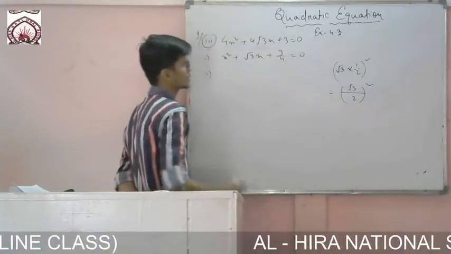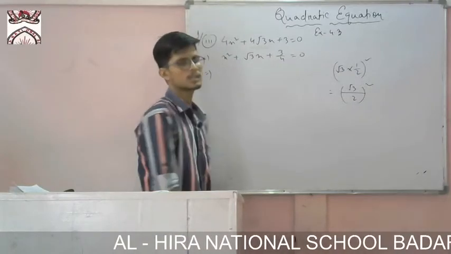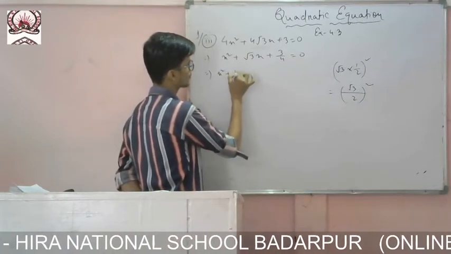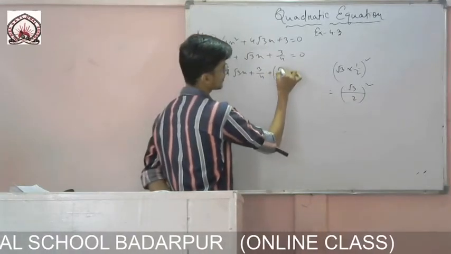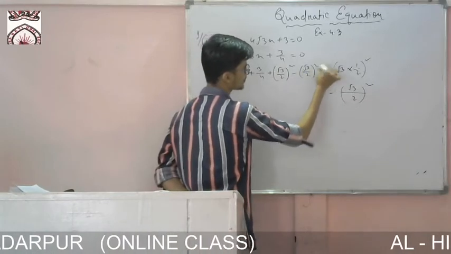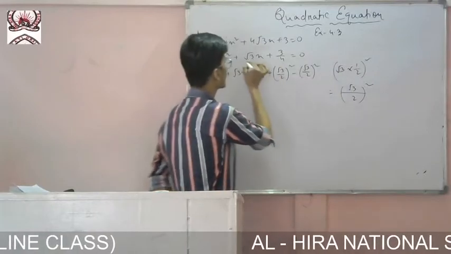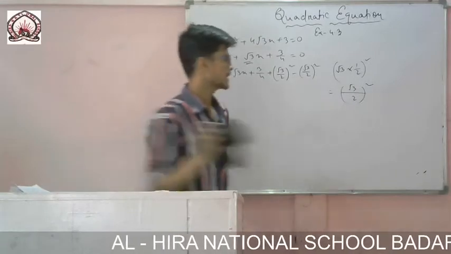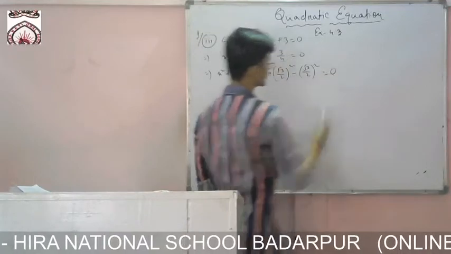Okay. So now you see what I will do. Then you write the next line. On adding and subtracting root 3 by 2 whole thing square on LHS, we get x square plus root 3x plus 3 by 4, adding root 3 by 2 whole thing square, subtracting root 3 by 2 whole thing square. Is it okay? I have added this one, I have subtracted this one, because coefficient of x is root 3, and I have to multiply it by half and square it, which will be equals to 0.